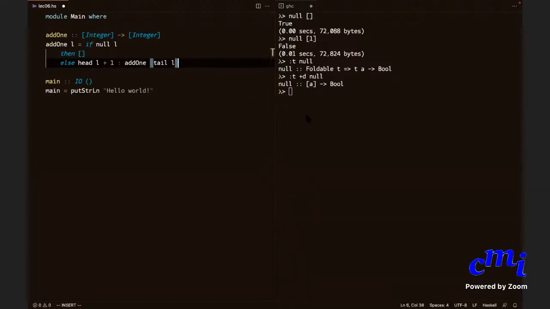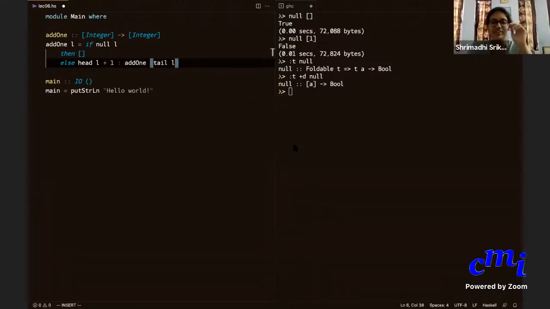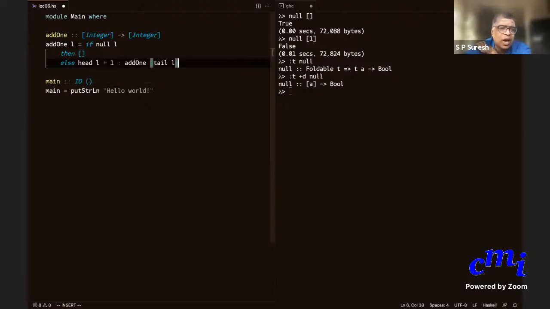Sir, this is a function on a list, right? For all lists, do you just put L, like some function L, and then it'll identify it as a function on a list? You've written add 1 L. Add 1 L is the definition of the function, and L is the argument.